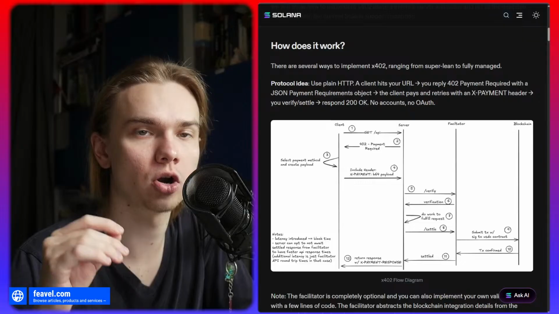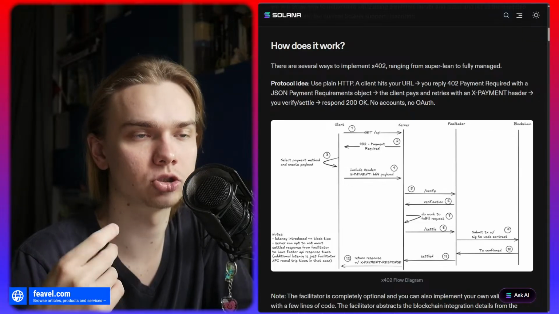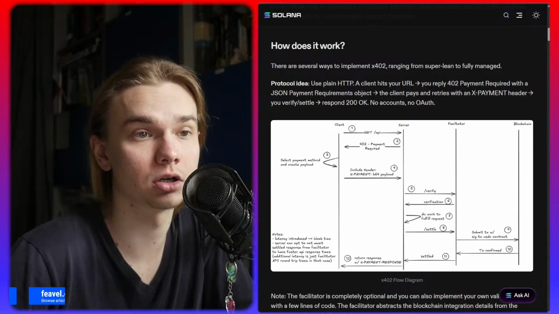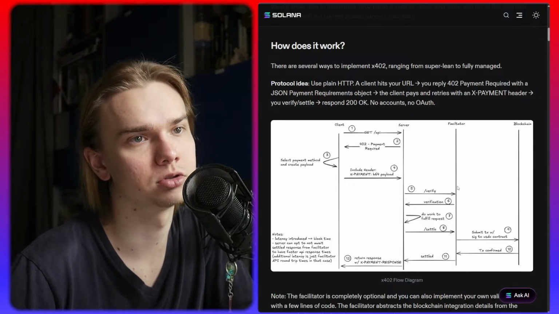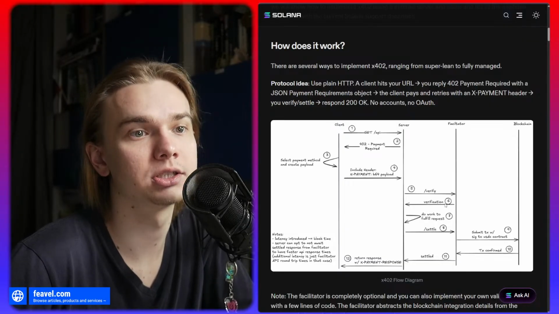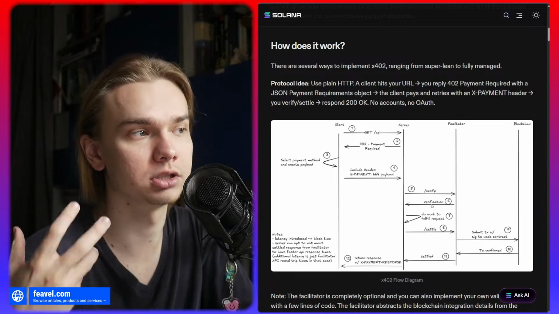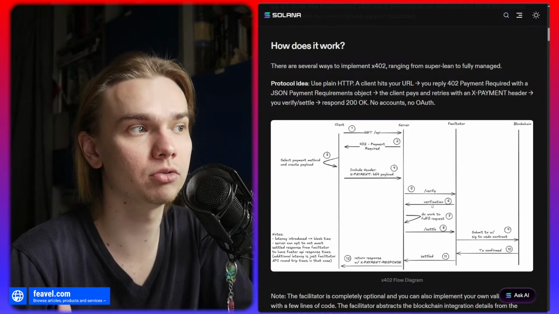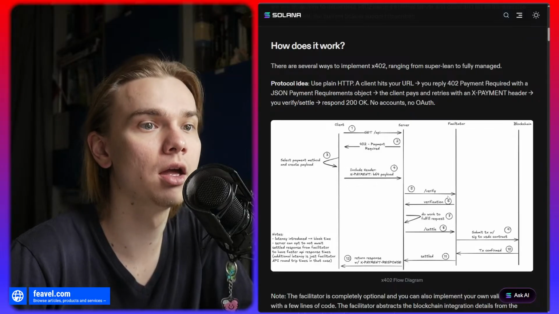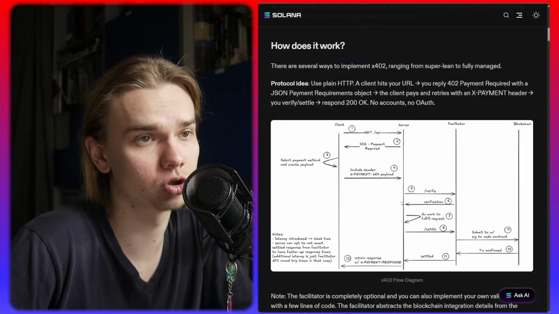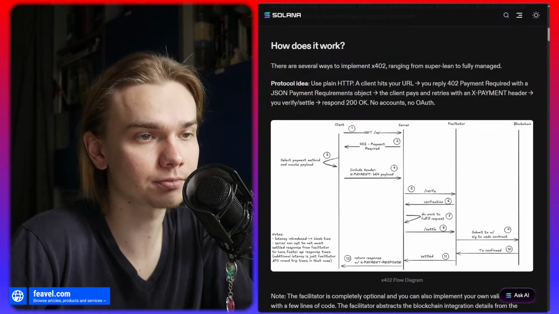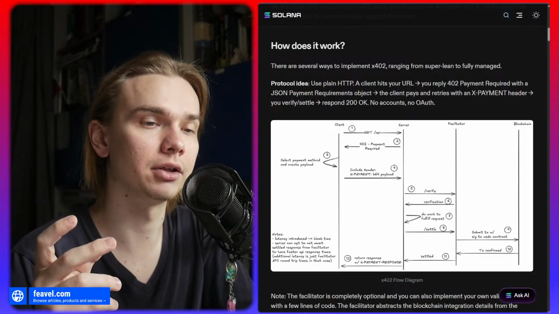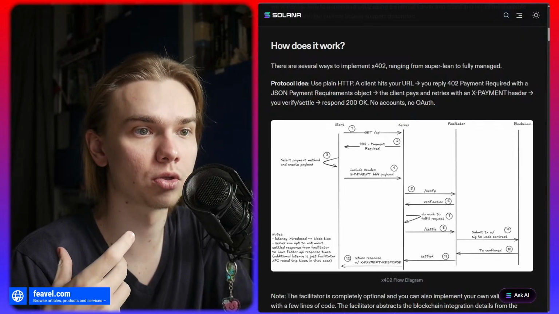When the server receives this partially signed transaction, it first verifies it with the facilitator or some kind of service that actually says, okay, there is this wallet, there is this user, and then there is this receiver, and then there is this amount, and this transaction actually is valid. After the verification, it returns it to the server. And then the server can decide, does it want to settle the